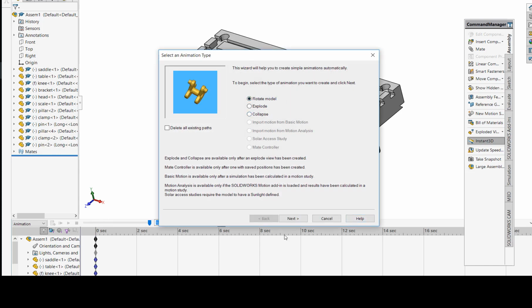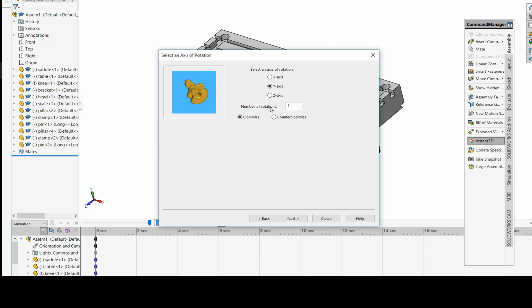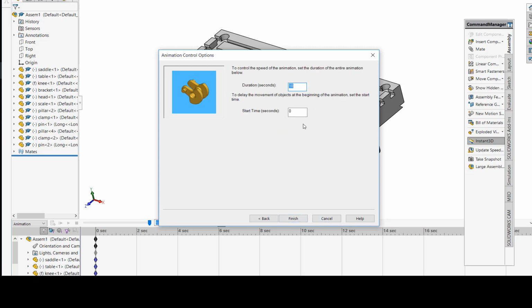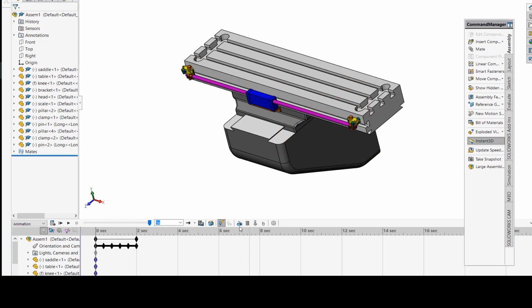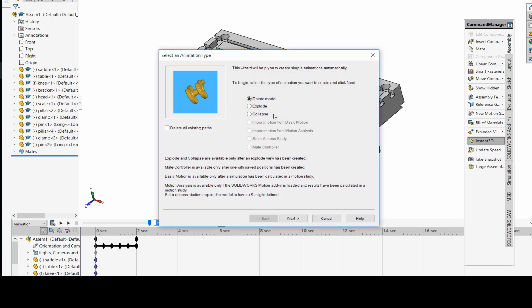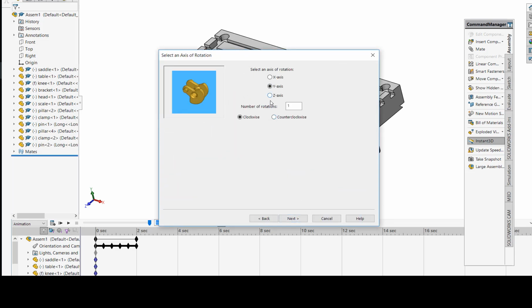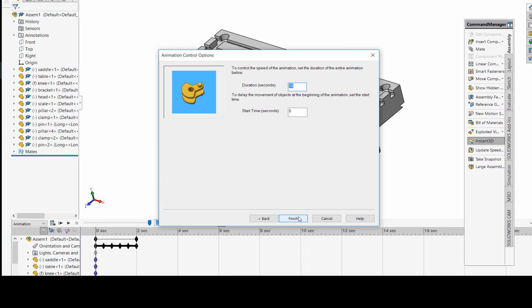So animation, first rotate the model about y-axis for 1 second. Okay, start from 0 for 2 seconds only. Okay, in the first. Next, again rotate the model about y-axis, z-axis, okay. For start from after 2 seconds, again for 2 seconds. Okay,